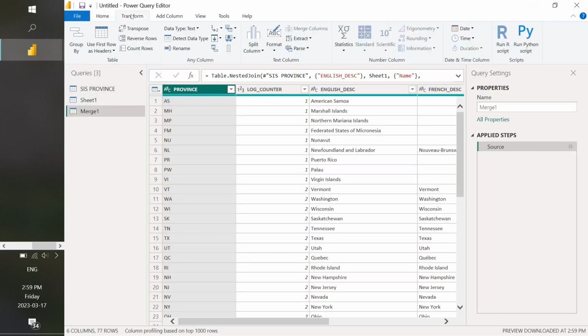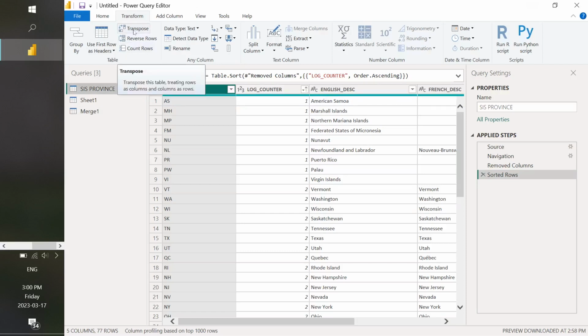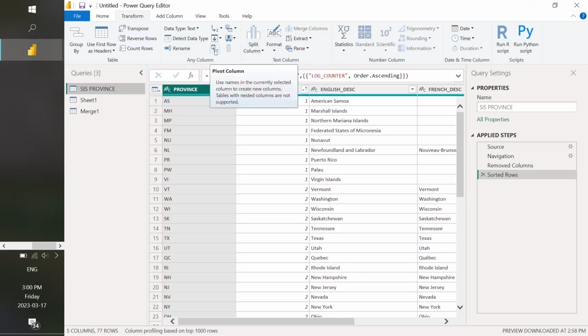Next, we will move on to the Transform tab. Under the Table section, we can transpose, reverse, or count rows. And we will also notice that some of the features from the Home tab also reflect here, such as the option to change your data type, splitting the column, but we also have new features such as pivoting and unpivoting